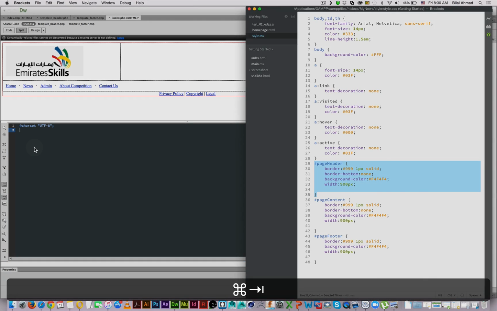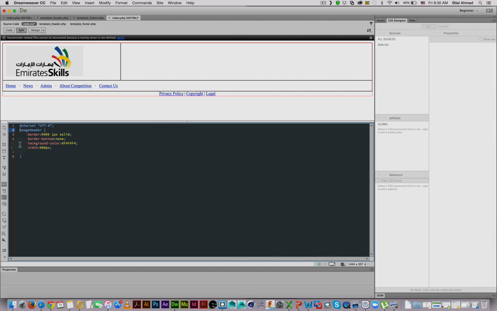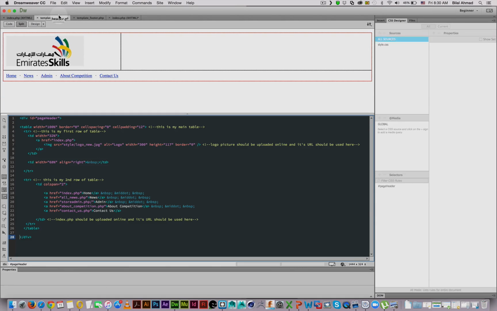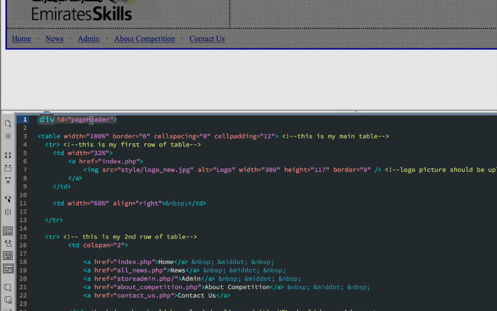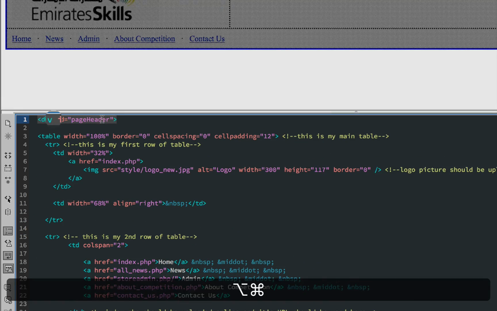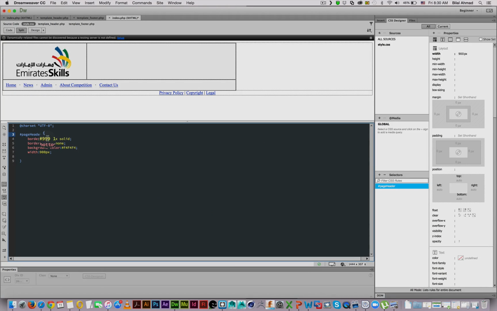So this is what I'm gonna write over here. The first thing I'm gonna write here is the page header related stuff. What is this page header? If you go to template header, you remember this div has an ID here which is called page header. This page header is the name which I will use here in my style sheet,